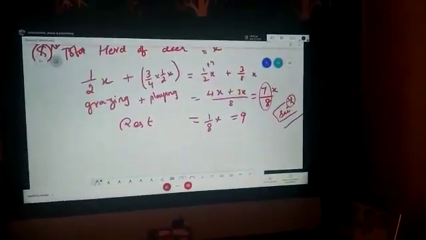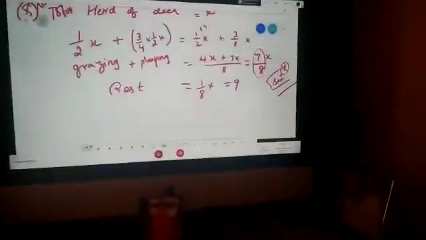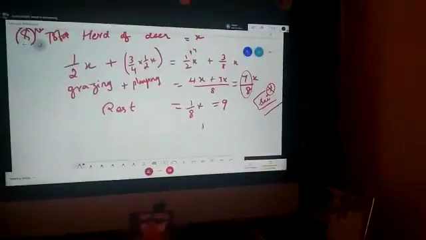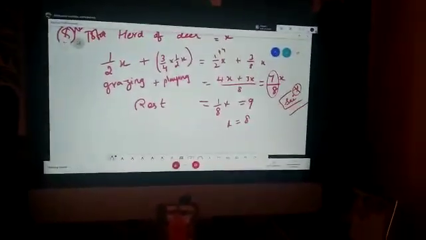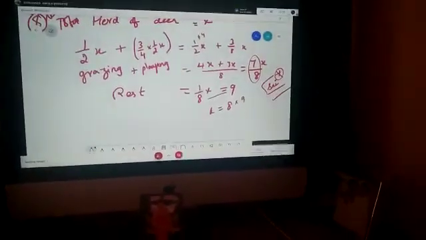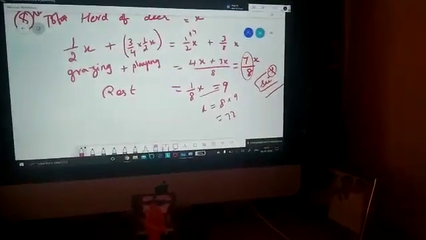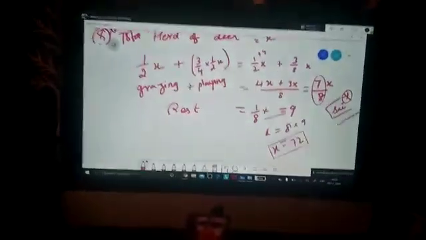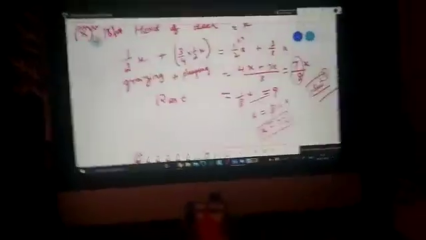Very good. Now, 7/8 are playing and remaining is 1/8, no? So, 1/8 of x is 9. Now it is easy to find x. X is 8 into 9. Cross multiply. You get 72. Now your answer is 72. Simply you will say 72. How you got 72, you should know, no? So the total herd of deer is 72.